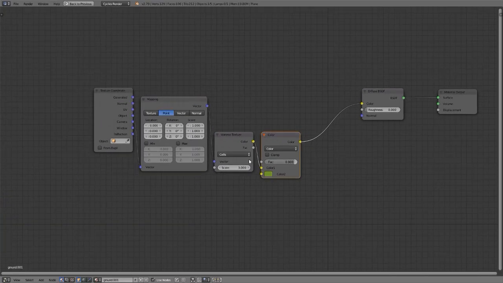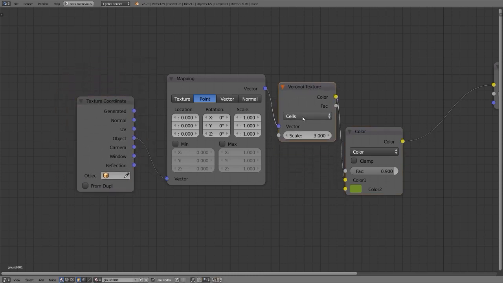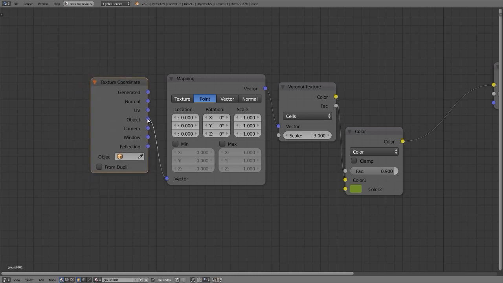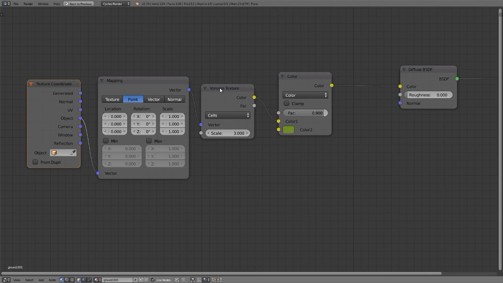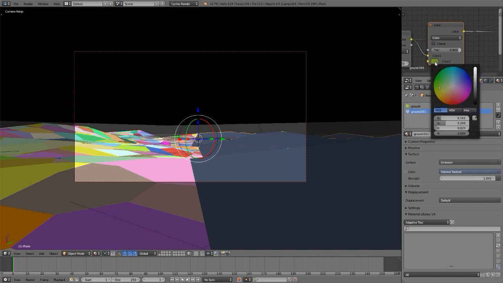What we've done with this is very simply fed a cell Voronoi texture at a scale of 3 and used Node Wrangler's Control-T to make sure the texture coordinate goes to the object that has the material. The Voronoi texture is multicolored. So when I mix it with a Mix Color node, setting the mix type to color, and then putting the factor all the way up to 0.9 from 0.5, and just selecting a green that was kind of green, kind of yellow,